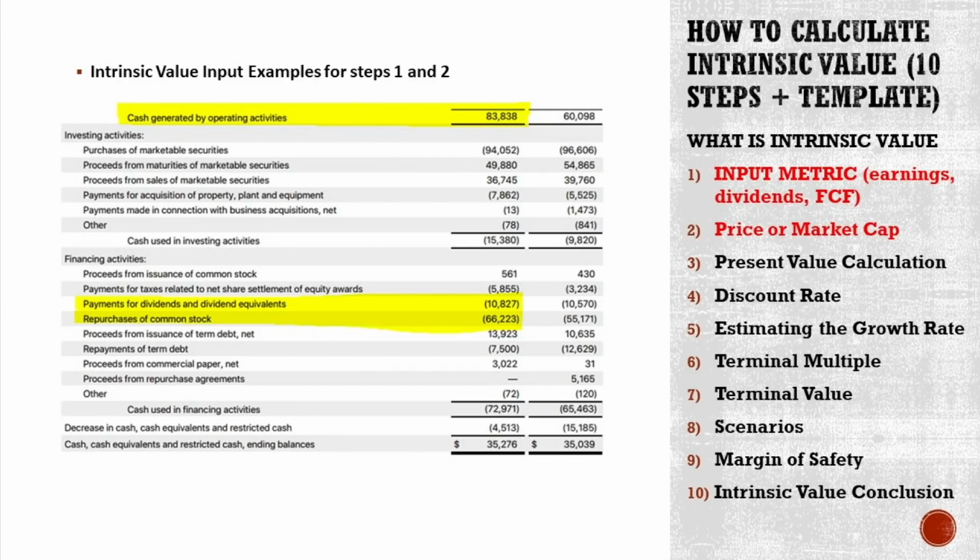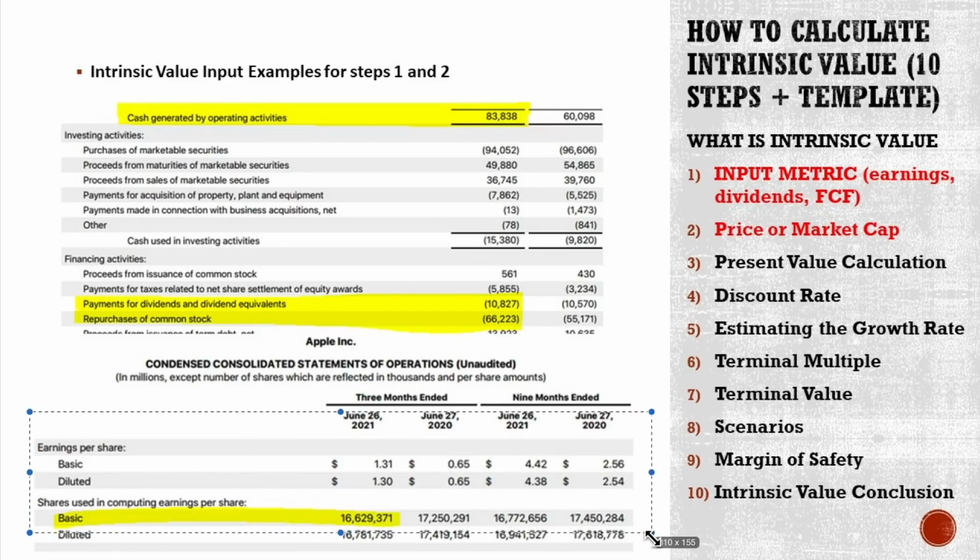Now, when it comes to Apple, as we said, Apple is a cash machine. This is the cash generated in the first 9 months of this fiscal year. I assume it will be more than 100 billion, and if we look at what they spend the cash on, it's a little bit, 13% on dividends, and the rest on repurchases of common stock. So if they pay out 14 billion in dividends and the rest in repurchases of common stock, it will impact the number of shares outstanding, and you can see it going down over time,